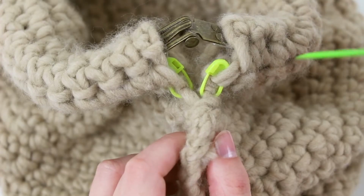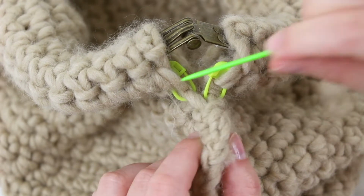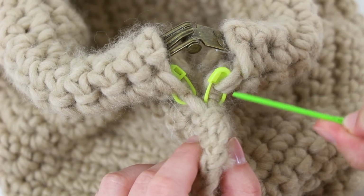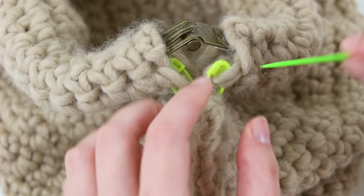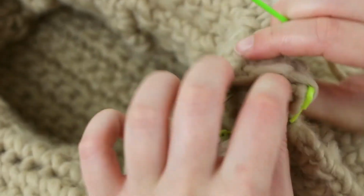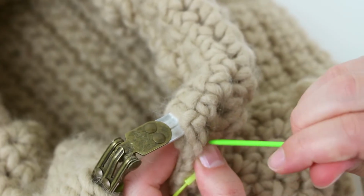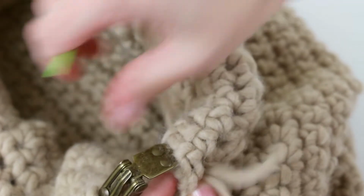What I'm going to do now is join the top bit of the handle to the body of the bag on both sides, but also join it in the middle. And I'm going to try and do it in a sort of crisscross pattern. So I'm going to start by making sure that I have both parts of the handle together, and then the body of the bag together as well. And then I will put my needle through the three of them,